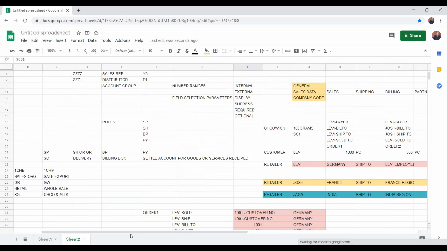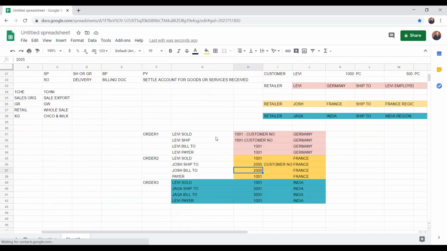So when you are creating roles like this, the creation and determination of these roles will be done by a concept called partner determination. When I'm doing a transaction at customer master data level, what kind of partners do I want for order one?